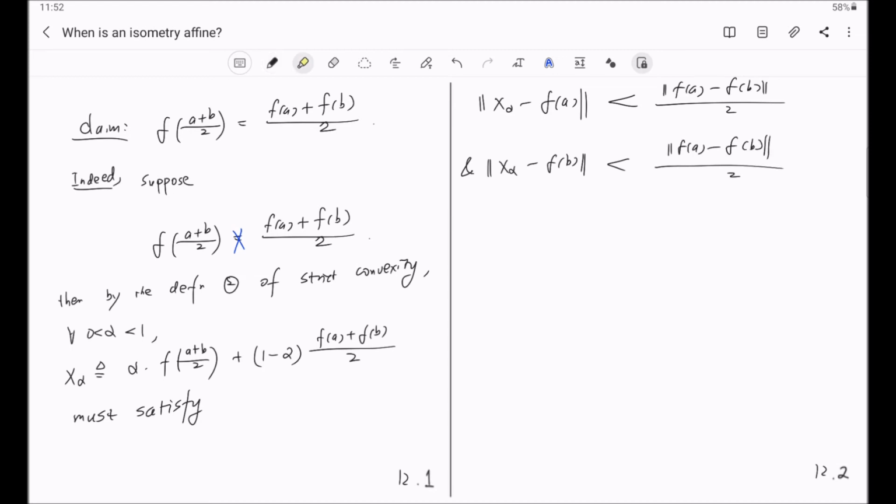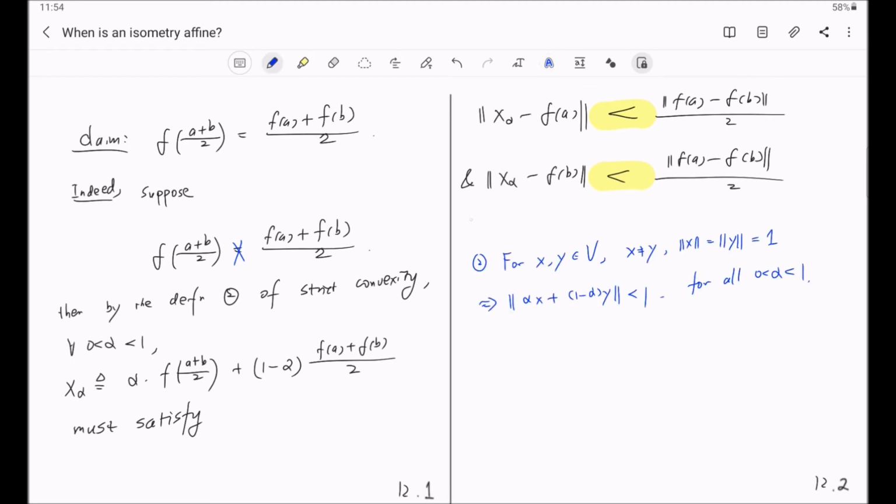So some of you might get confused at this point why we have those two strict inequalities from the definition number 2 of the strict convexity. Let me explain those two inequalities. To this end, we need to recall our definition number 2. Give those two inequalities labels. Call this inequality 1 and call this inequality 2. To get the inequality 1, we will take